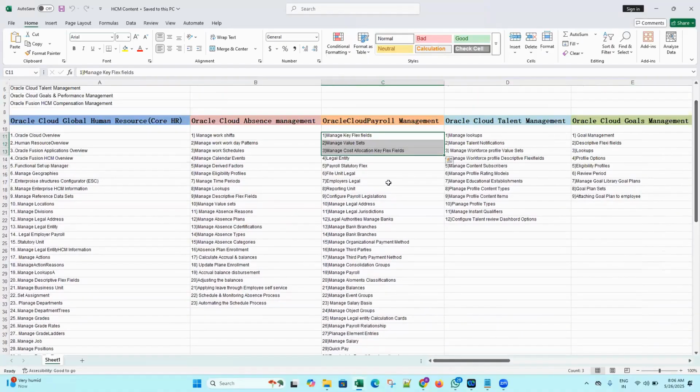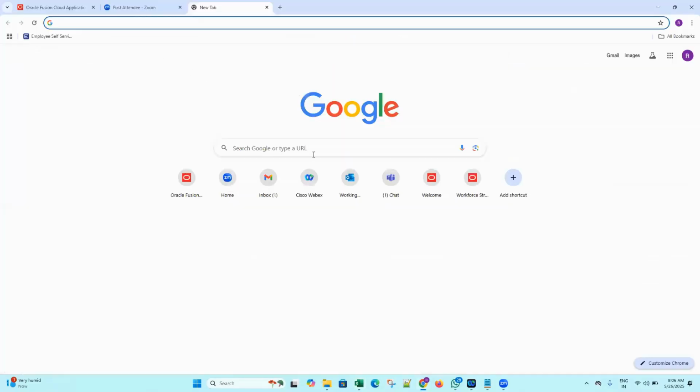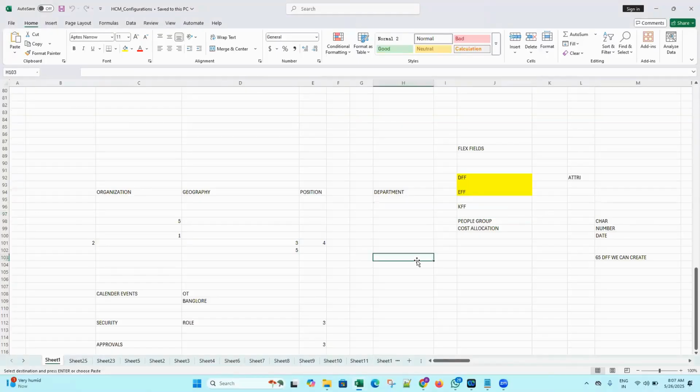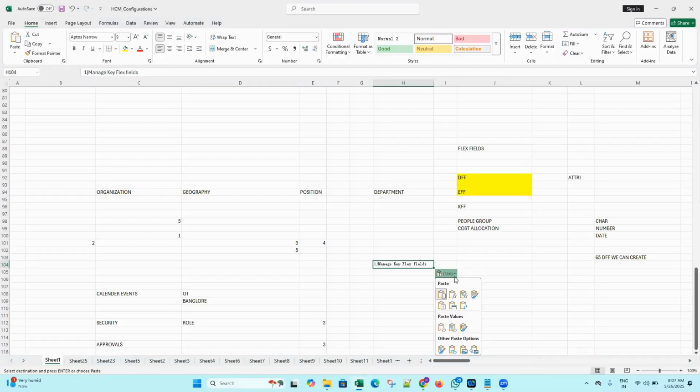Let me manage key flex fields. This is a topic, correct? Now I'm explaining